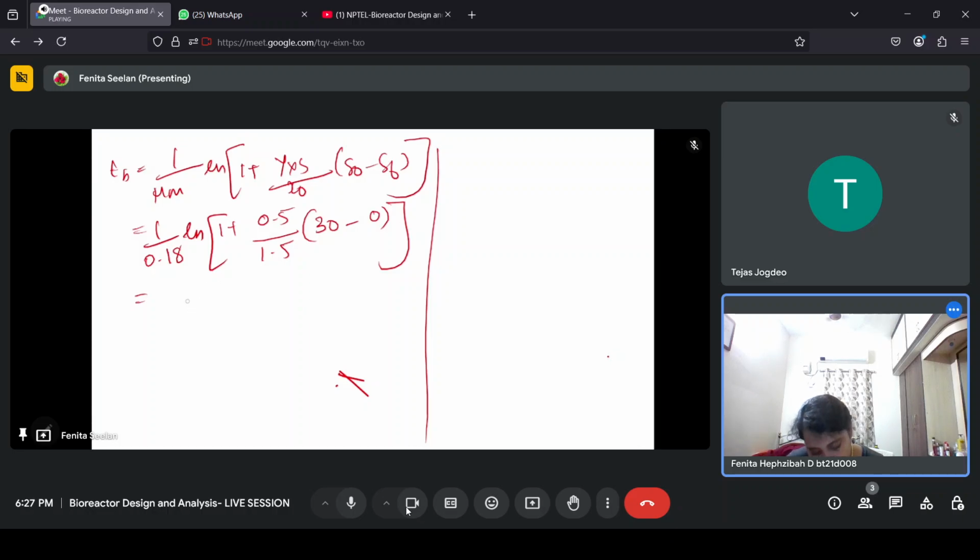If you solve this equation, how much will be the answer? 0.5 divided by 1.5 is 0.33, into 30 is 10. This one 11. Ln 11 is